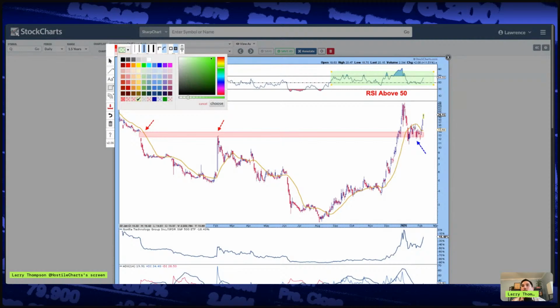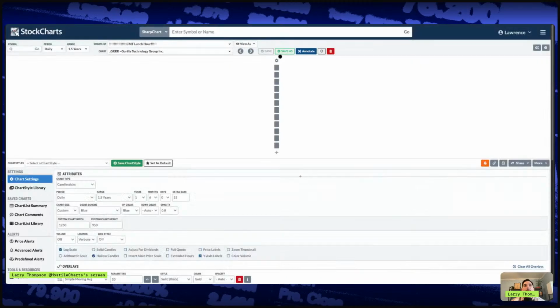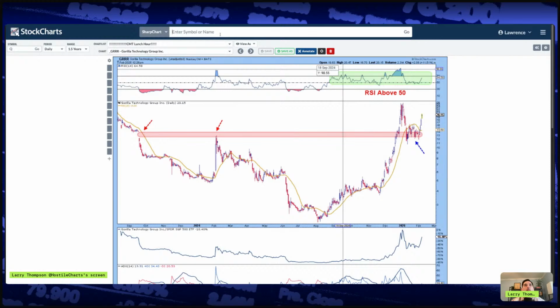So in the future, when you're looking at these types of setups, just see how RSI is acting, right? If it's staying above 50, the bulls are in control. And you can look at this as support, especially when you have this key level. So it just kind of lines it up for you. And maybe instead of selling here, you added some extra exposure. So that's a little nugget to the chat. Kind of take a look at this type of setup from that perspective. But GRRR, great looking chart from the chat. I like this name. I'm going to keep this one actually on my radar. I'm going to save it.